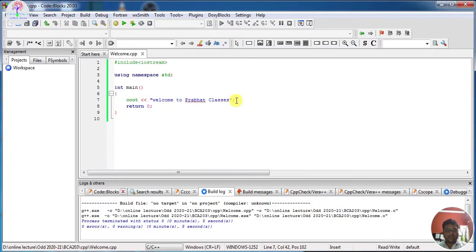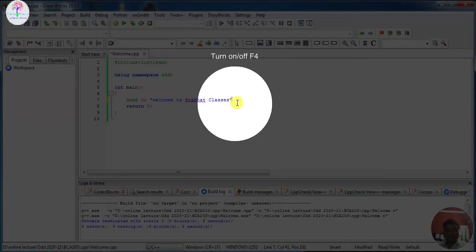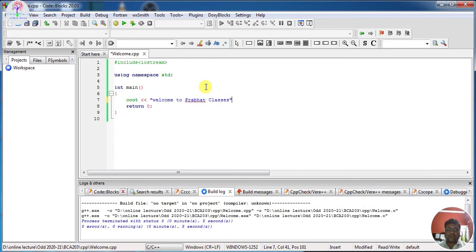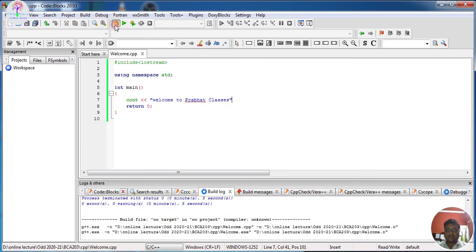Suppose you have missed putting the semicolon here. Now you can see that I just deleted the semicolon. My purpose is just to show how you get the error, and how it looks if an error appears. Again, here is the shortcut for compile, this build. Click on this.